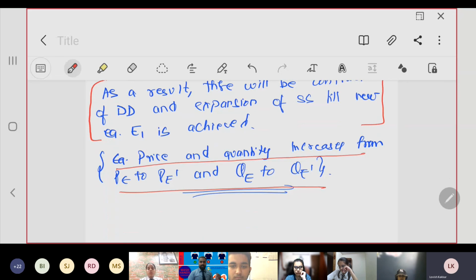Case 3, increase in demand is equal to increase in supply. The rightward shift in demand curve will be equal to the rightward shift in supply curve, since there is no excess, or you can just skip everything. Equilibrium price will remain unchanged, whereas equilibrium quantity bought and sold in the market will increase from QE to QE dash. That's it. You will get your 6 marks. So every part will become a 2 marker then. Okay, clear? This is how you will change your answers according to the